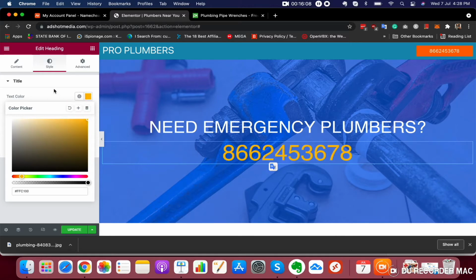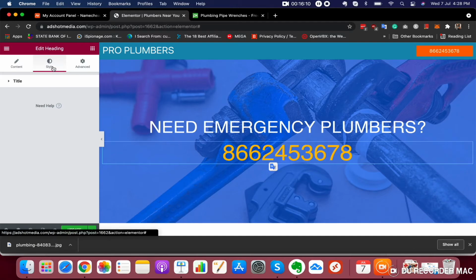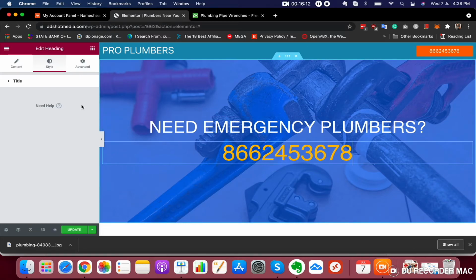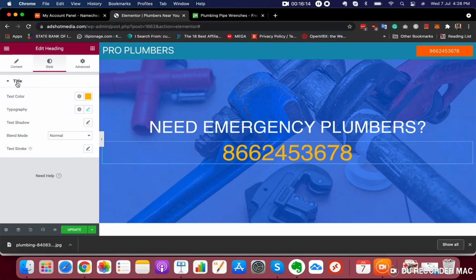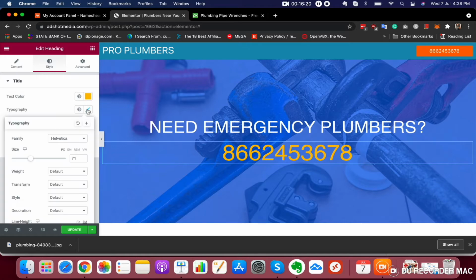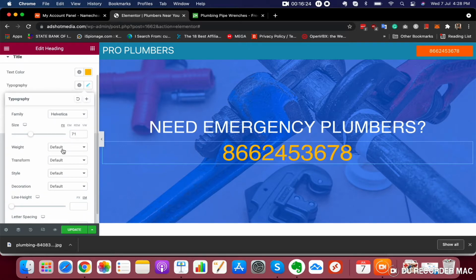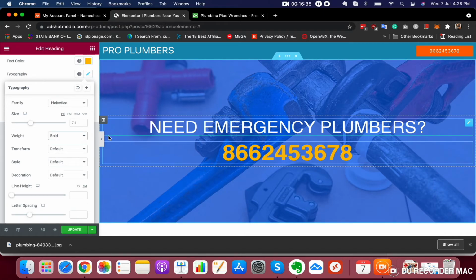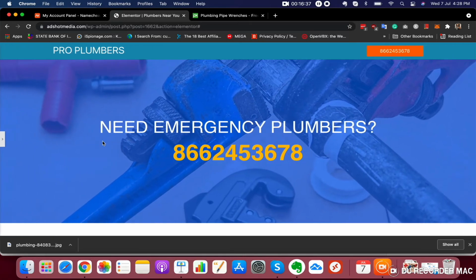Right, now it is looking good. I think we should also make it a little bit bolder, so that the number will be highlighted. So go to typography and select the weight of this. I think go for bold. Yeah, now it is looking fairly good, right? So look, this is how it is looking right now.